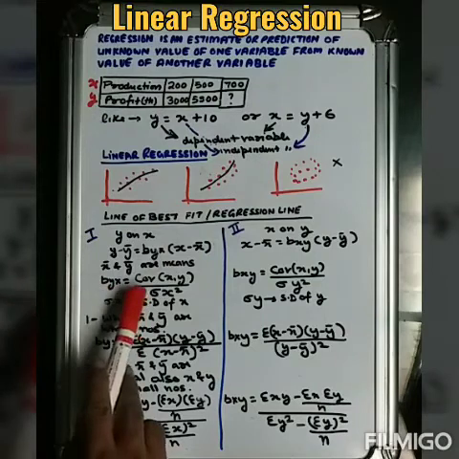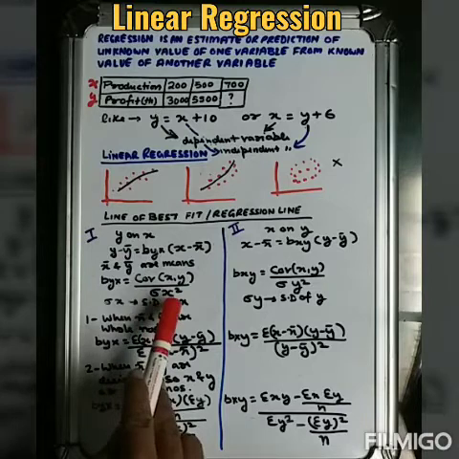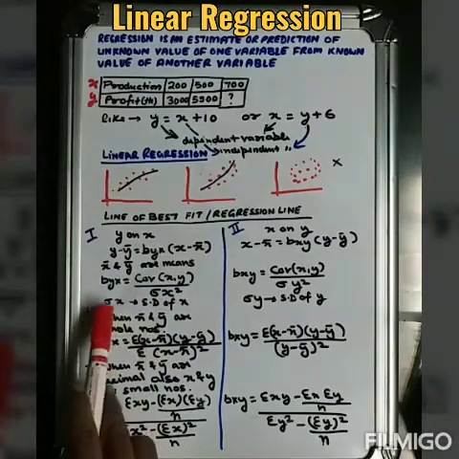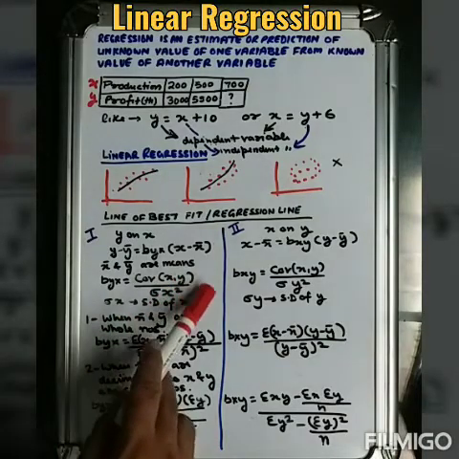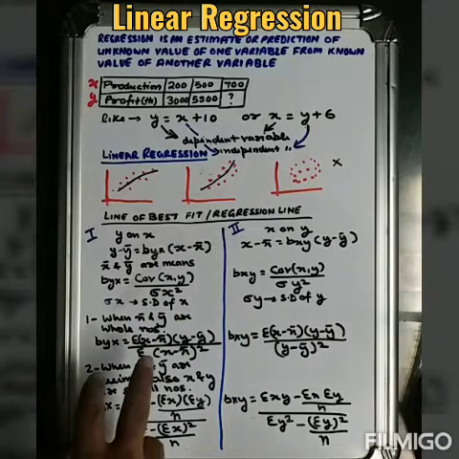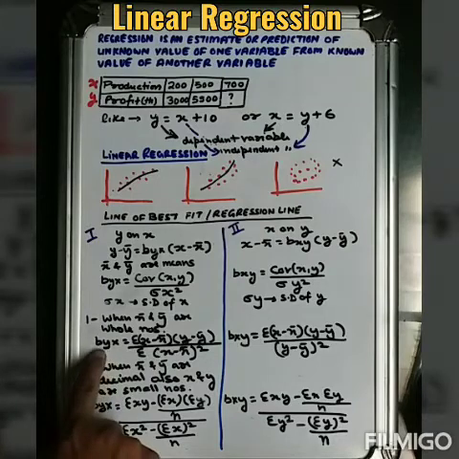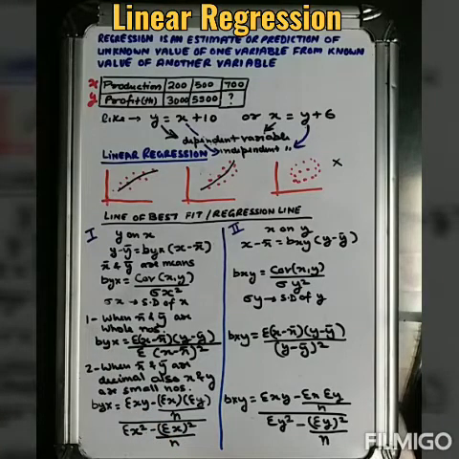The formula is covariance of x and y upon standard deviation of x. This is the standard deviation of x. So this we have done in class 11. Again we will discuss here. There are four formulas to take out the regression coefficient of y on x. Which formula we have to apply? Let us discuss. Only one formula will be applicable.